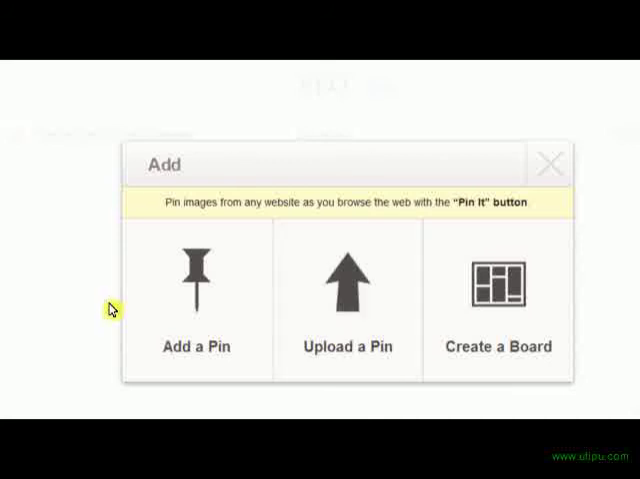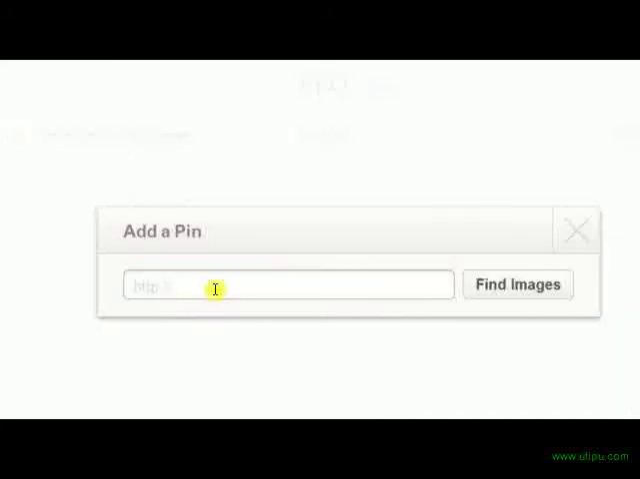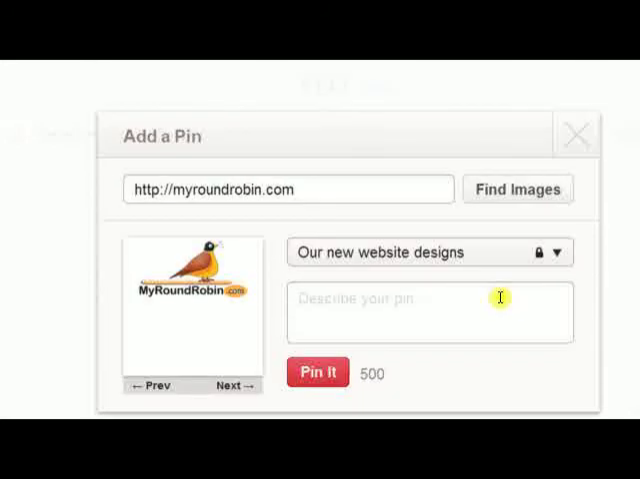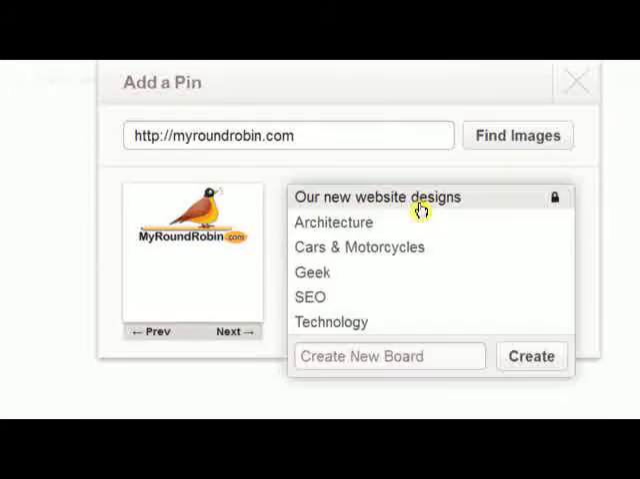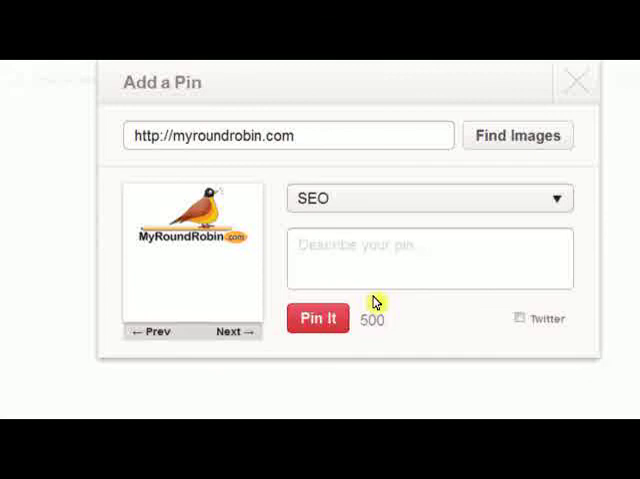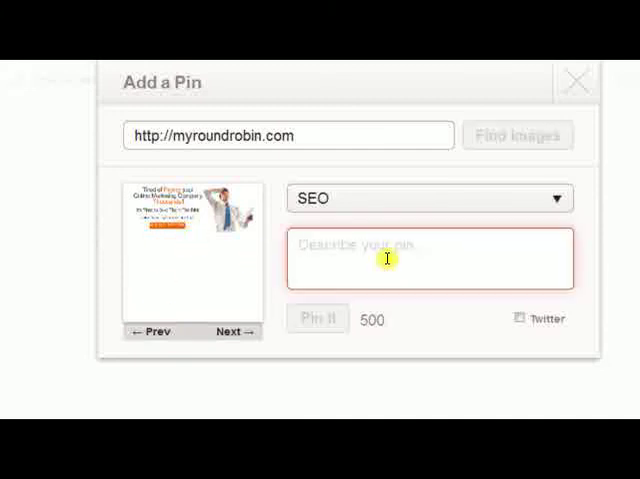Okay, and let me see here. Let me add a pin here. If you actually add a pin, I can go and put in my website, myroundrobin.com, hit find images, and it's going to pull all the images from My Round Robin. So I'm going to go ahead and put in SEO here, and I'm going to pin this guy right here, one of our call to action banners. I'm going to say call to action banner from